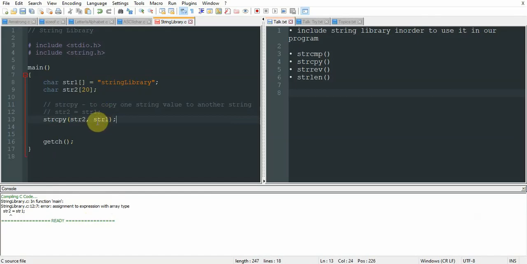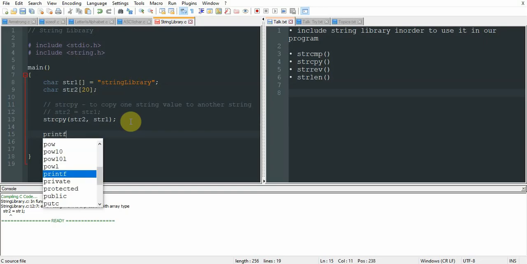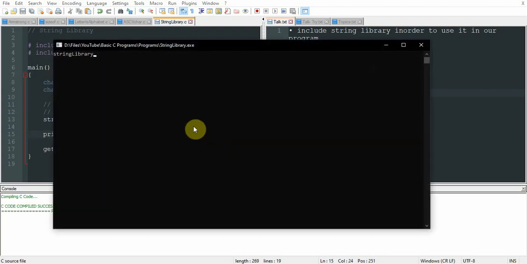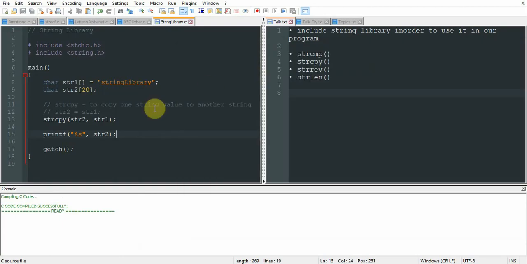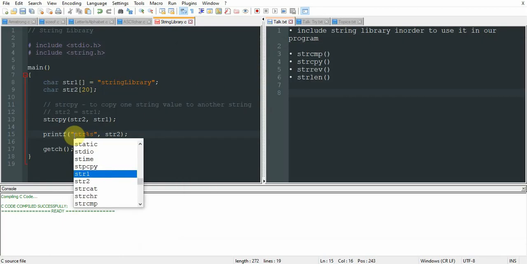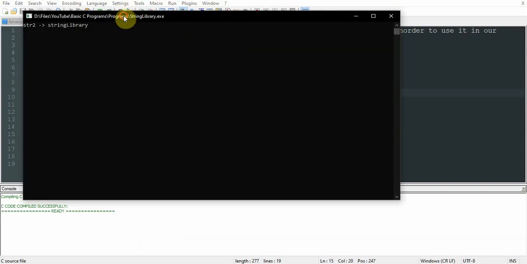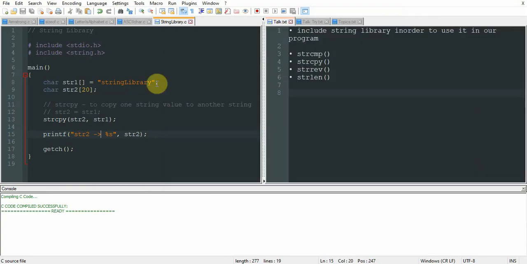The value in the second argument is stored as the value of the first argument. The value of string 1 is copied to string 2.